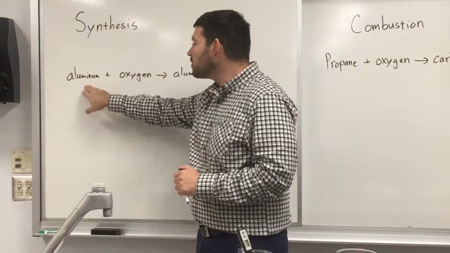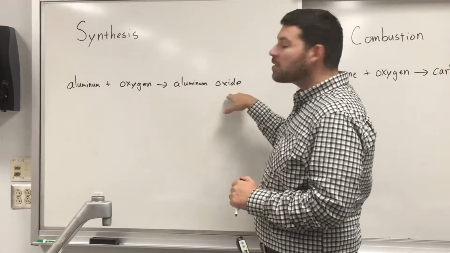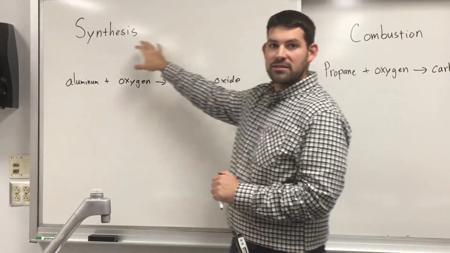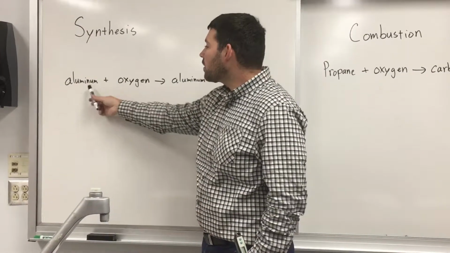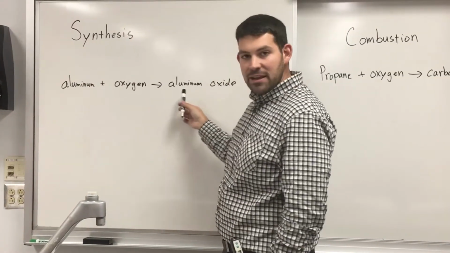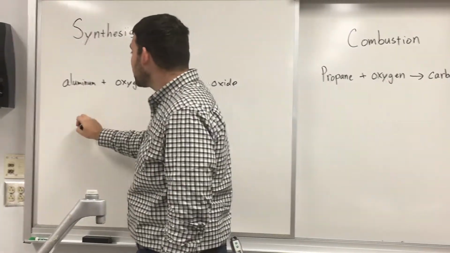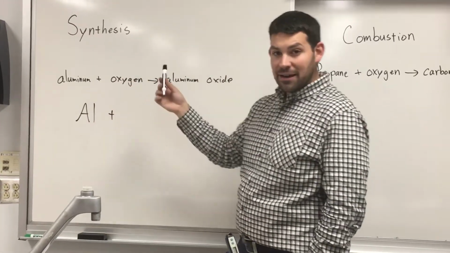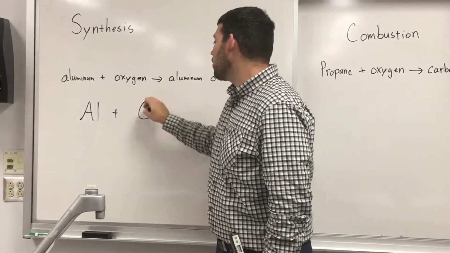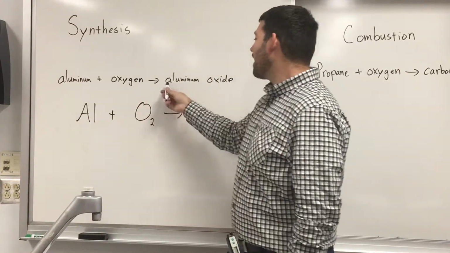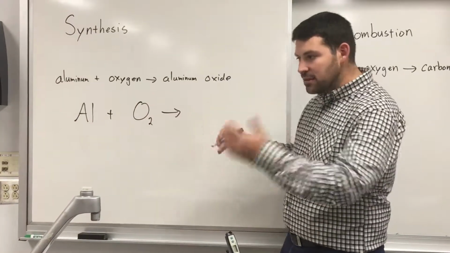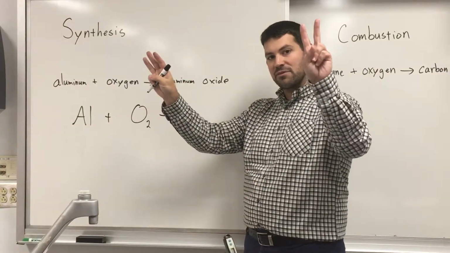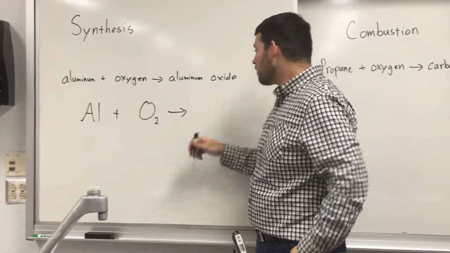All right, we have aluminum plus oxygen forming aluminum oxide. Big thing to look out for: one product in a synthesis reaction. So we're gonna have to rewrite all of these names as the formulas. Aluminum is just Al. Oxygen is part of those diatomic molecules, so it should be O2. And aluminum oxide, so we still need to know our nomenclature rules. Aluminum's gonna take the +3 charge, oxygen the -2. We're gonna whoop them. The formula should be